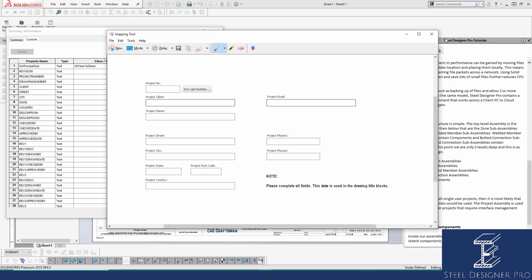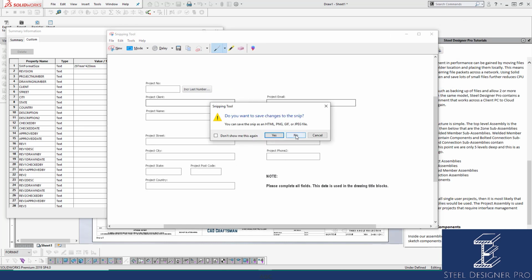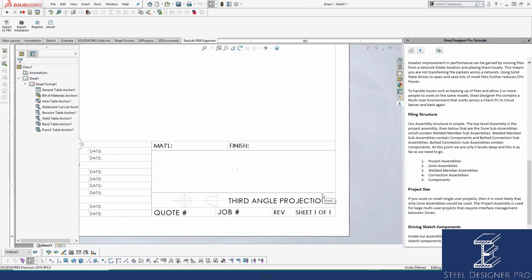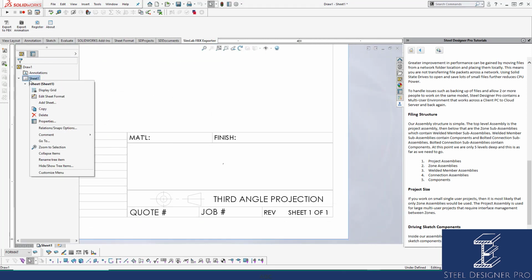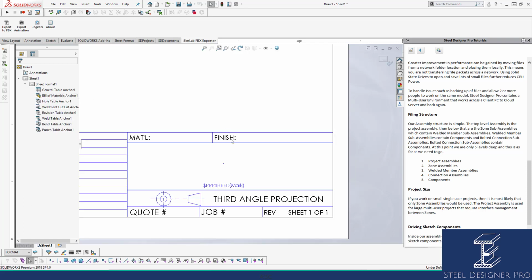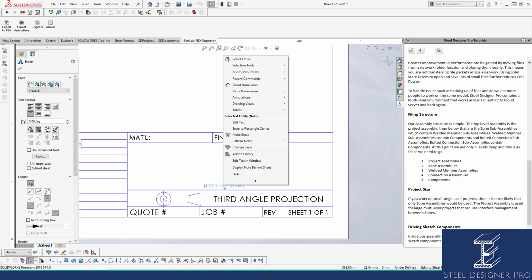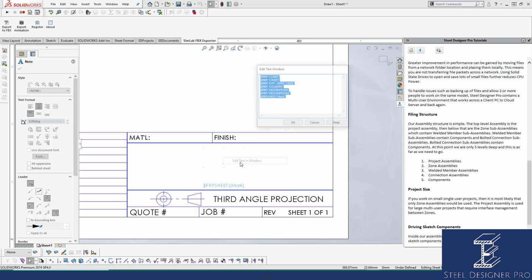Now, where are these custom properties being used? I'm not going to come back to that, so I'm going to close that off. If you go down to the bottom right and edit the sheet format, you can see here by default we've got text as an attribute, and we're going to edit that text in a window. The very first bottom line is mark, and that's this one here, PRP sheet mark. And then we've got description,